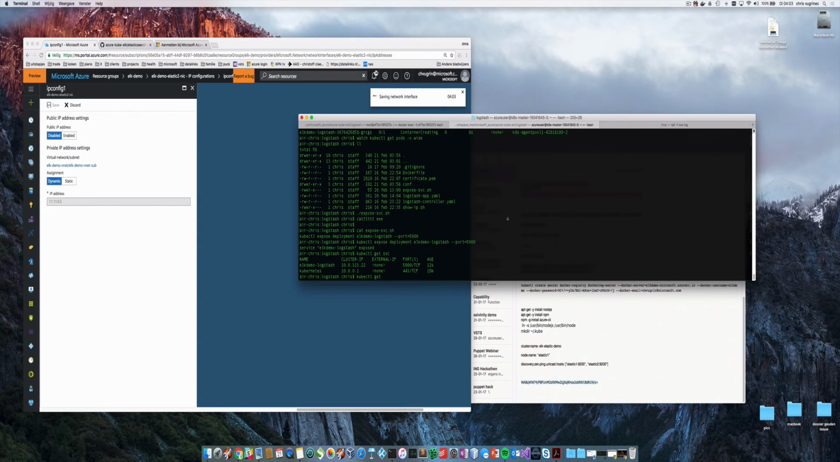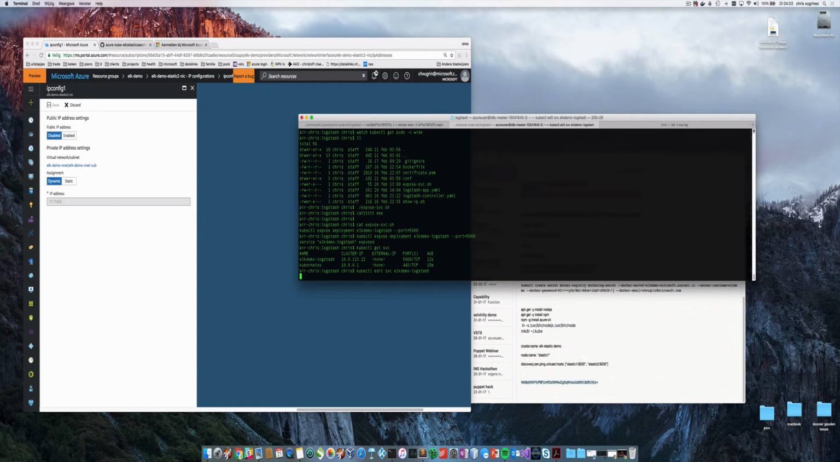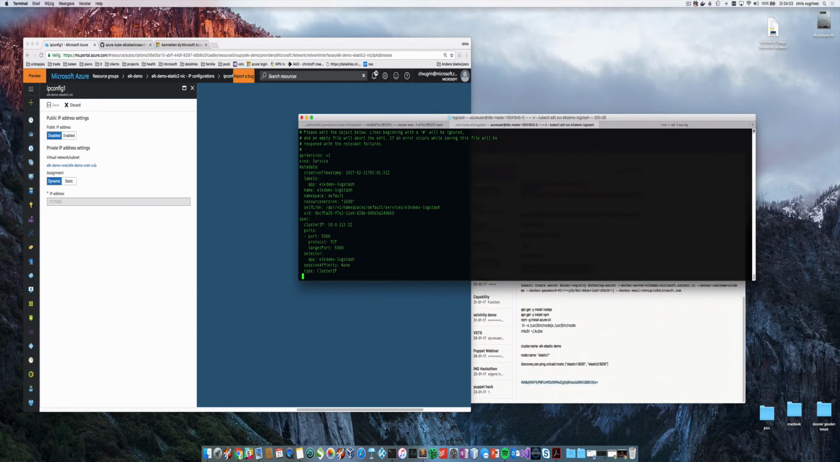Sorry for that. So for the Logstash we want to expose the service. So we do edit elk demo Logstash, edit service, and there we go to the part which says cluster IP. I like to have it of a type load balancer,